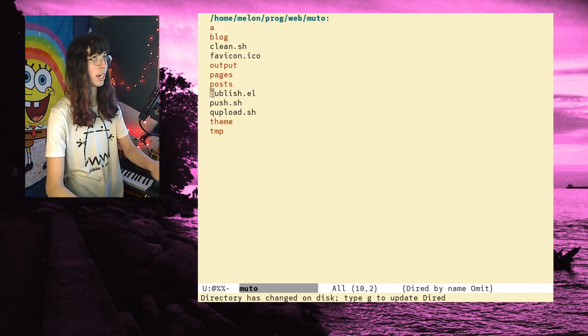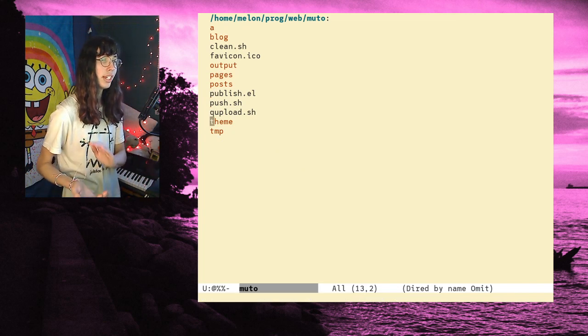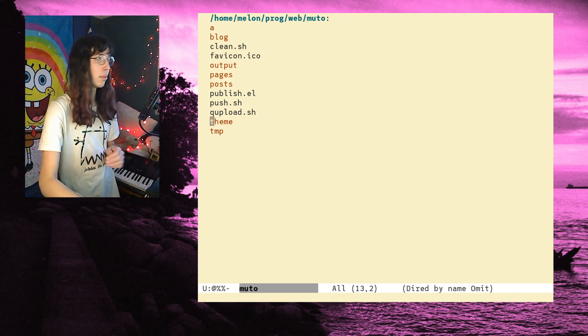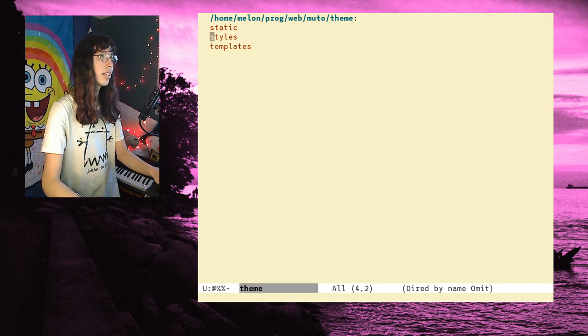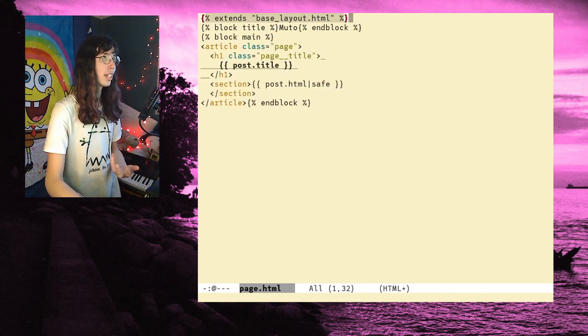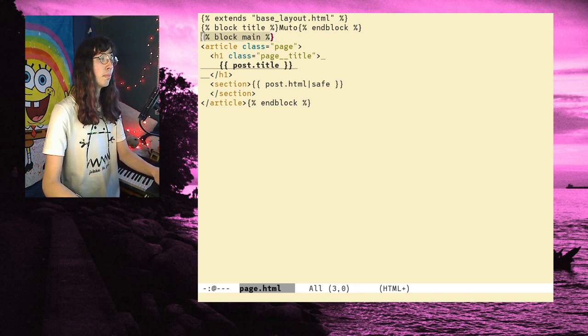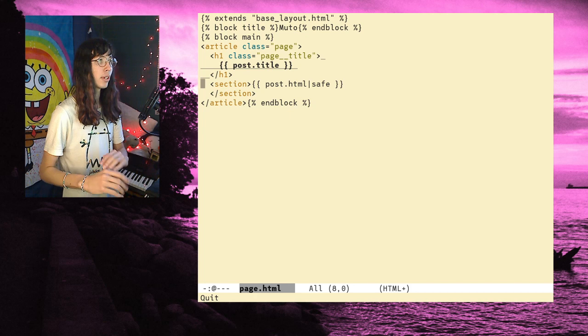So let's go back to the templates. That's the important thing. Template EL is used in Weblorg, and it's in theme templates. So these are my templates. Basically, if I go to, say, page, it just looks like this. It takes base layout, and in base layout I have a variable like title, and here I just put muto. And then in the main block in base layout, it has the page, the post title, and then it renders the post to safe HTML,